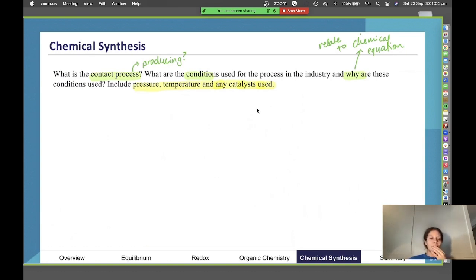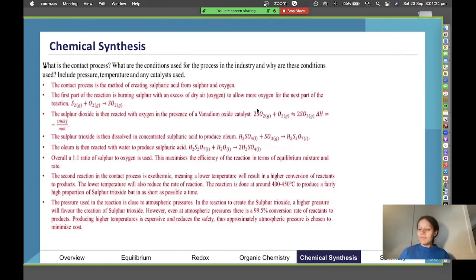So hopefully you've had a chance, or if you haven't, this holiday time leading up to externals is a good time to start looking at the practice papers and the marking guides. So once you do a practice paper, have a look at the marking guide and make sure you pay attention to how they actually allocate each individual mark. But going back to this question, this is very, very long, so please don't think you have to write an essay for this type of question realistically in the external. I've just put all the information here that we could possibly include.